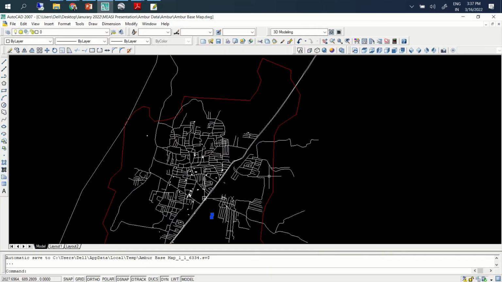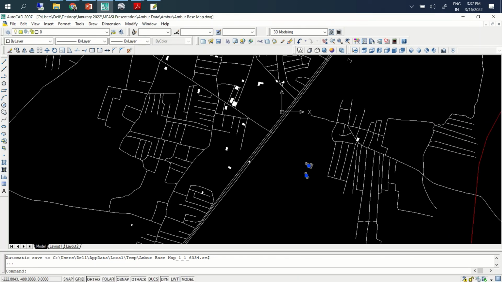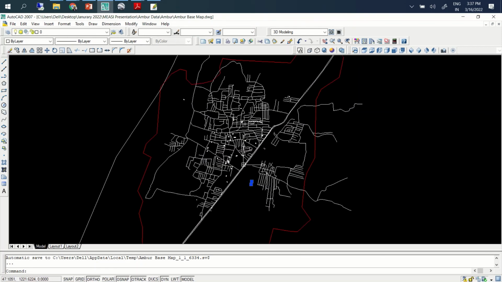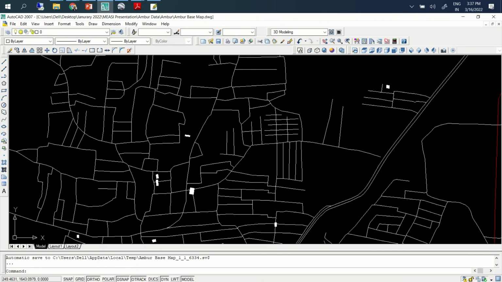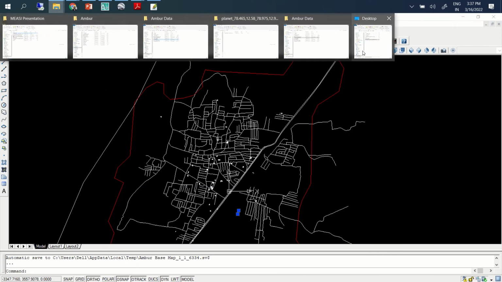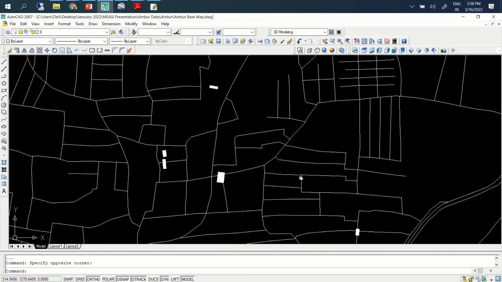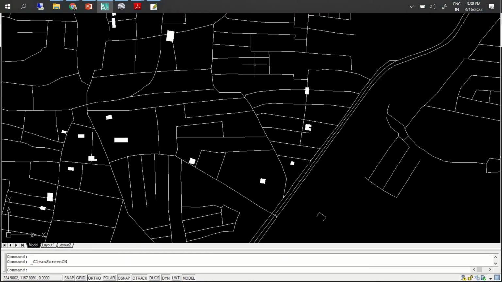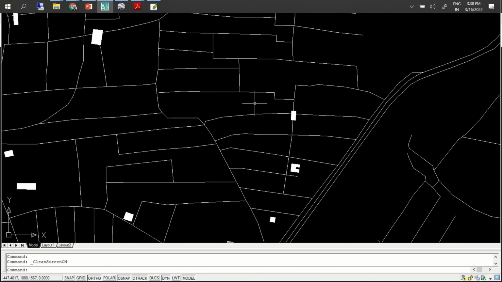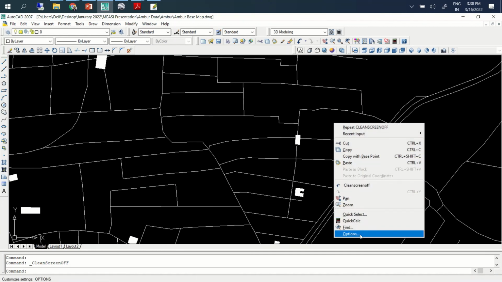The problem is we do have good information on streets and the road network. This is for the case area Ambur only. But the other issue is we don't have the other layers. I'll show you. When you zoom it, Dr. Pai, that road part of it does not seem to be that clear for us. Is that just a line? It is a line only. Maybe I can change that.